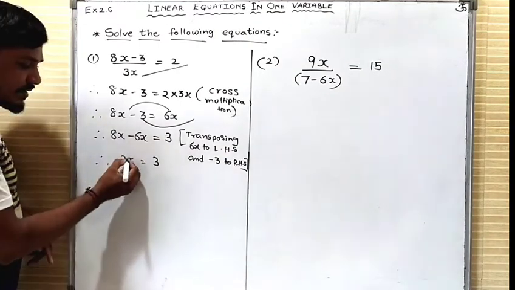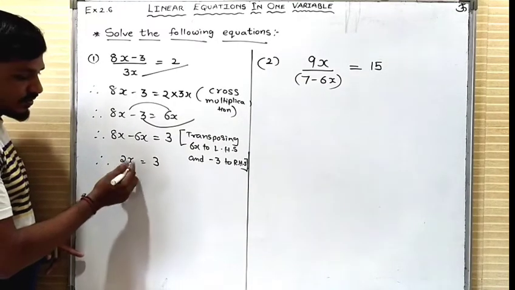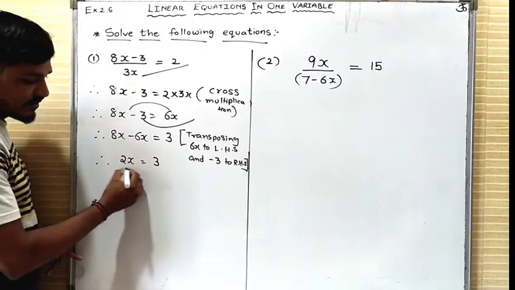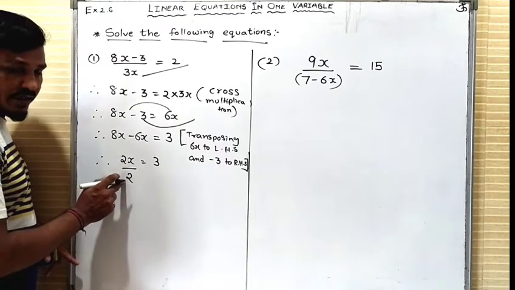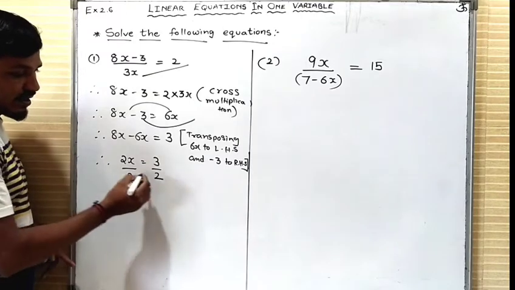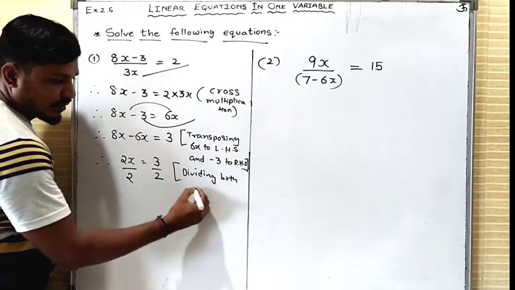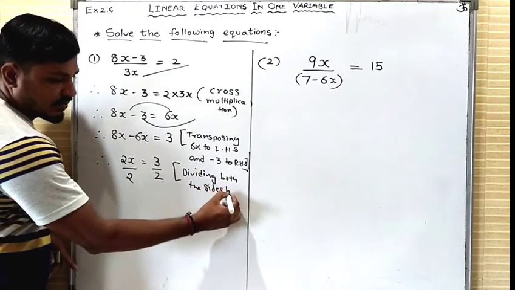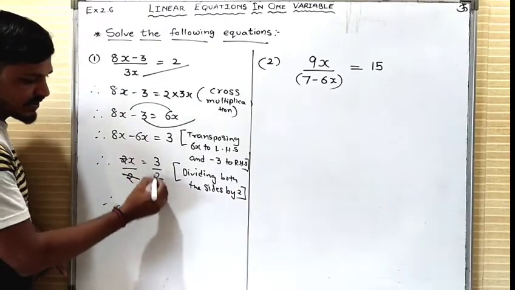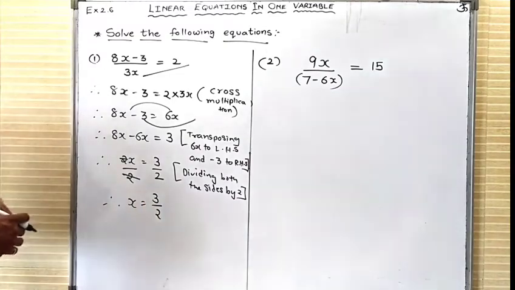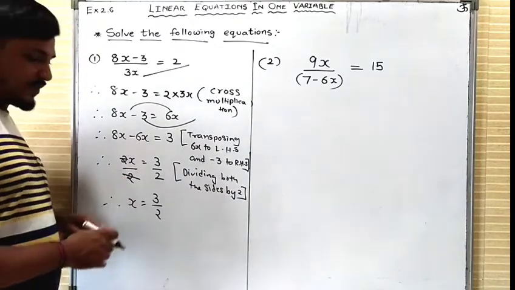Now as we need to eliminate the value of 2, that is whatever the value in x, so it is in multiple form, the same value I will take in. I will divide this 2x by 2 so that 2 will get eliminated. So whatever value I am taking over here, same value you have to take toward your right hand side. So you have to write dividing both the sides by 2. 2 and 2 will get cancelled. That means the value of x is 3 by 2. Now dear student, either you keep your value 3 by 2 or you can convert it into a mixed fraction.